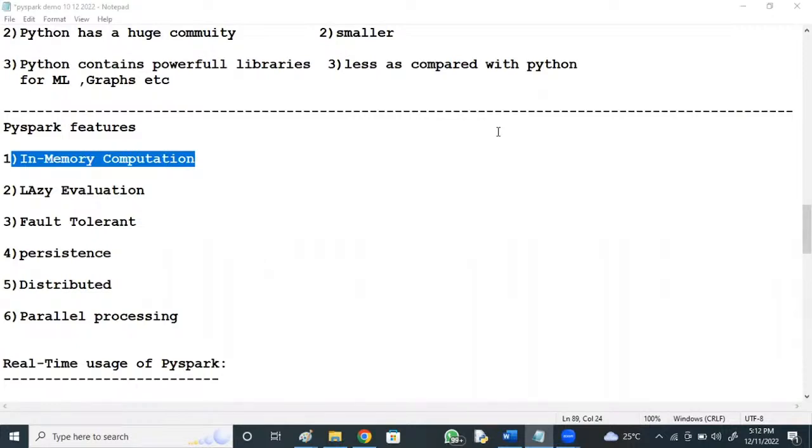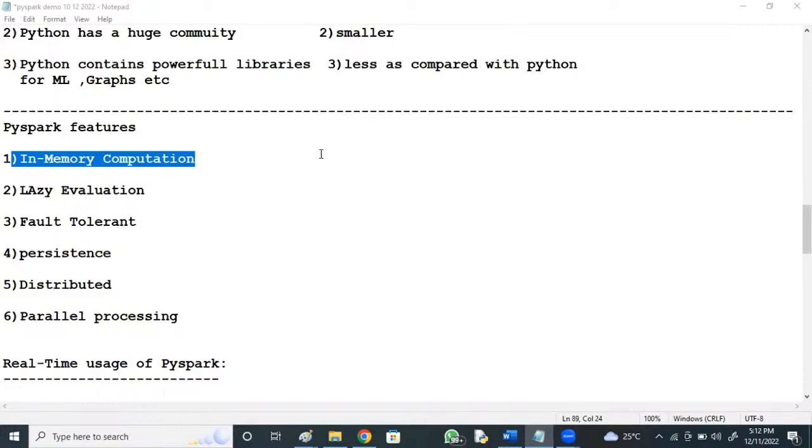Fault tolerant, I said, like Spark data objects are divided into multiple partitions stored across multiple RAMs of multiple slaves. If you talk about Hadoop, it's stored at the disk level, right? But in Spark the data is stored in memory, and RAM processing has very high speed compared with disk processing. Hadoop already has very high speed compared with other technologies, but Spark is faster because of in-memory computation.